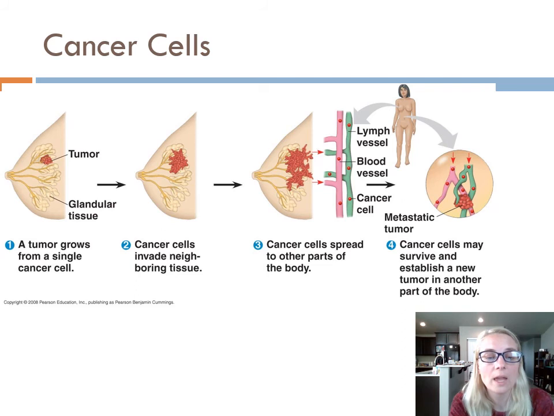They've lost that control, and so they're just going around that cell cycle out of control. Now, sometimes if you catch that early enough, you can find that tumor, and they can go in and remove it, a lumpectomy. And if they can get all the cancer cells out, then you'd be cured, and you just have to do some extra checking. If, however, sometimes those cancer cells break away from that primary tumor, they can actually enter either your blood vessels or your lymph vessels